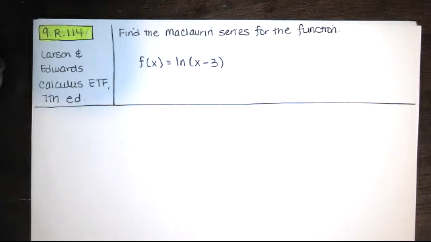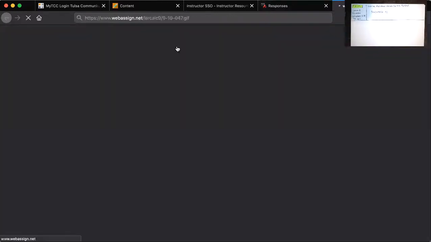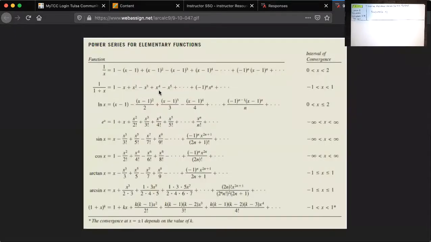But I also want to show you something. They were asking us not just to find the Maclaurin series for the function, but they were asking us to use a table of power series for elementary functions on this problem. So if we click on that and we look at this, we see that there is a power series for natural log of x listed